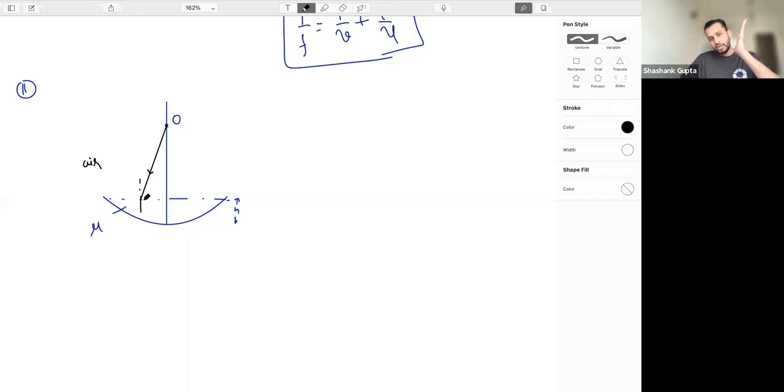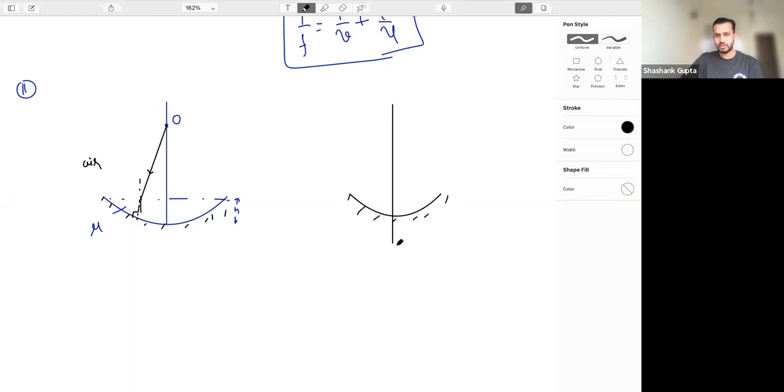So if it is going into the denser medium, everyone please understand very carefully. If it is going into the denser medium, can I say it will move towards the normal? If it is moving towards the normal, if somehow this is a mirror, if it falls on the mirror perpendicularly, what will it do? It will try to retrace its path. If it falls perpendicularly on the mirror, then can I say it will try to retrace its path? Getting the idea? So it is exactly this case. That's the whole logic. Last time we had discussed this properly.